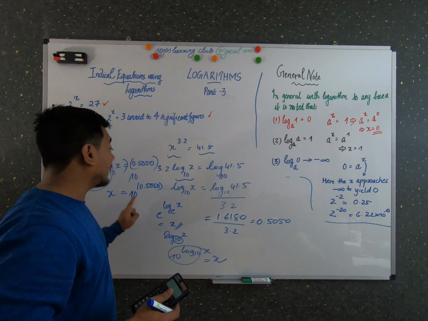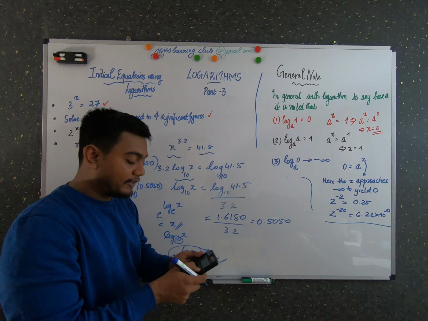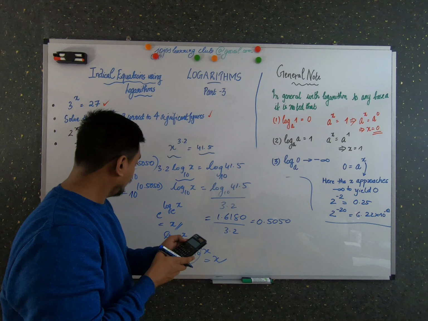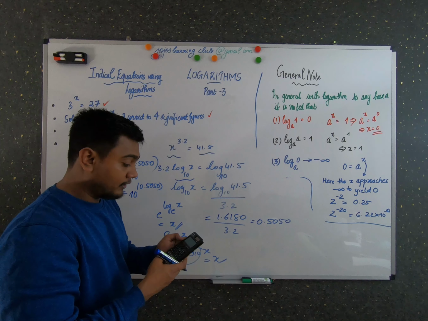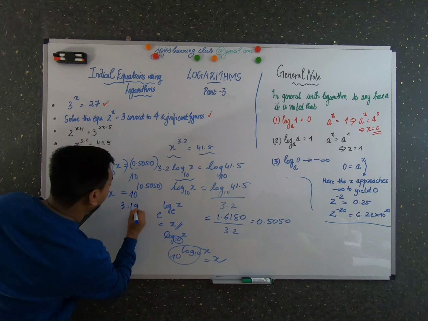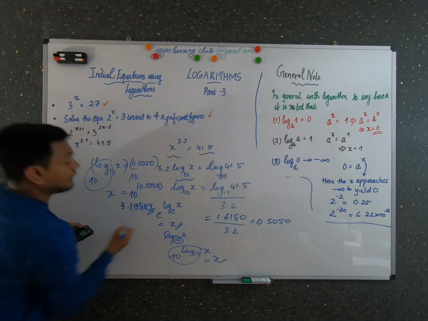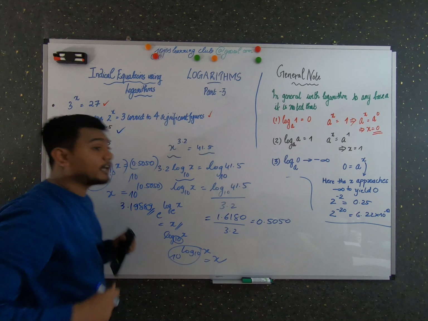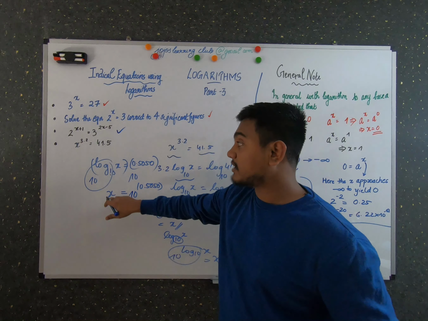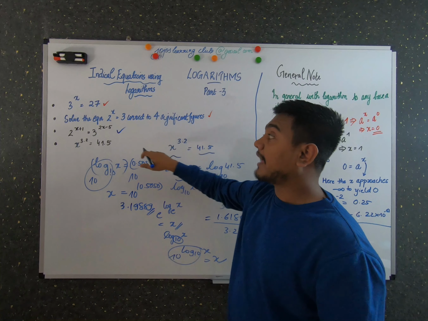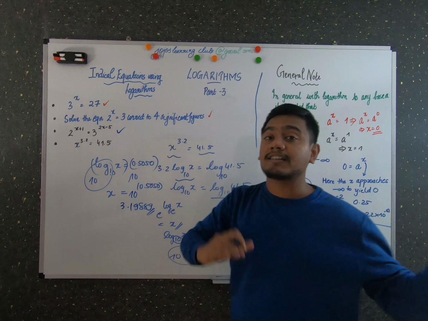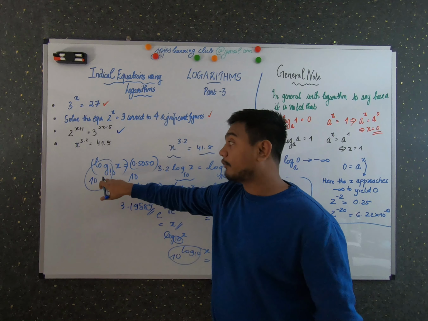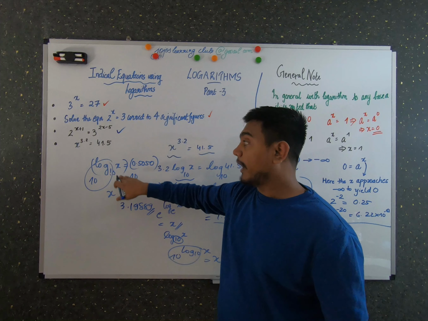So x is equal to 10 raised to 0.5050. Now we have to find what is the value of that. 0.5050, what is it? It is 3.19889. I hope this problem is clear. It is somewhat different from the first three problems. In the first three problems, we didn't have an expression with log and x together. In that, it was easy that you have all these terms on the other side and you can find easily using the calculator. But in this expression, what was different, you have to take log 10 of x.